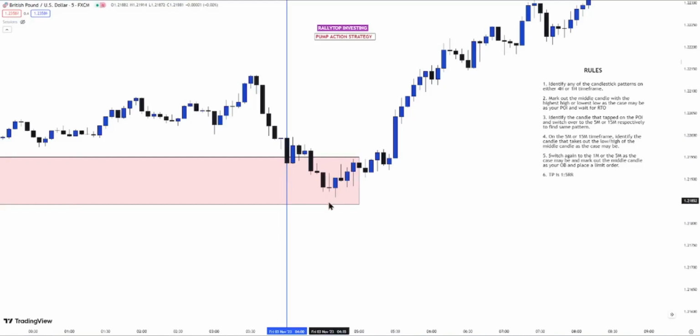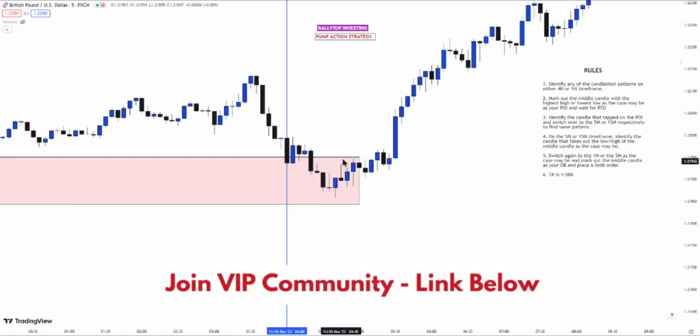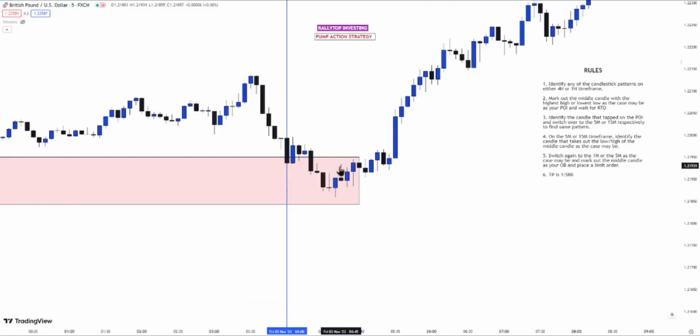You can see price printed a low here. This one is inside bar. Price printed a low here. Or is this one a low? Then lower low. It printed a low, lower low. Lower high, lower low. And then we have a higher high. Can you see that? We have a higher high. Now, so once you find that,